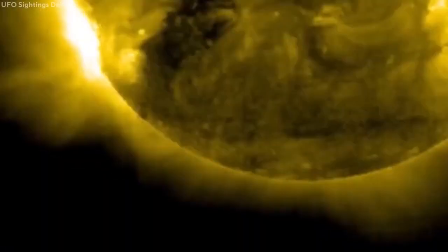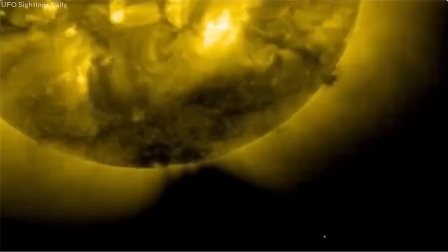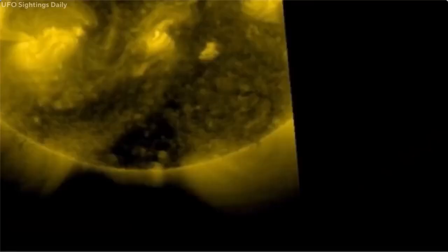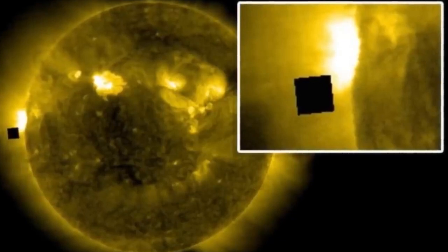This is another mysterious sighting in space that was seen through NASA's live stream before the space agency cut off the live stream from its viewers. You would notice an object floating right beside the sun in the video. This cube stayed there for a few seconds before the live stream suddenly went down. This incident took place earlier this year in May, and the footage's release brought several speculations about this strange